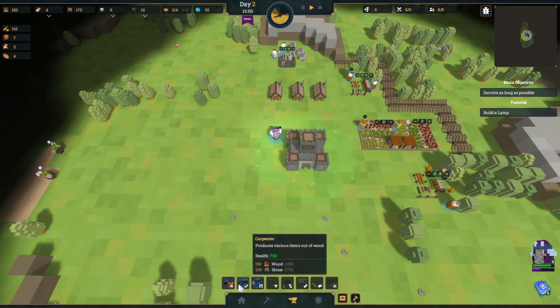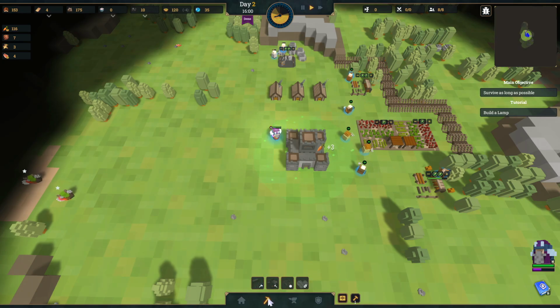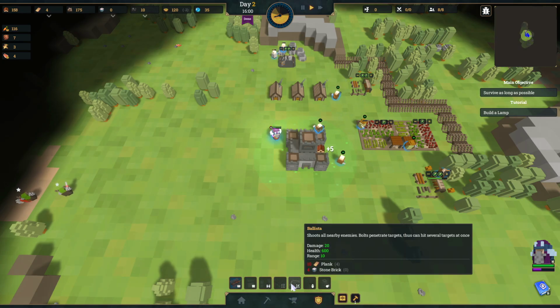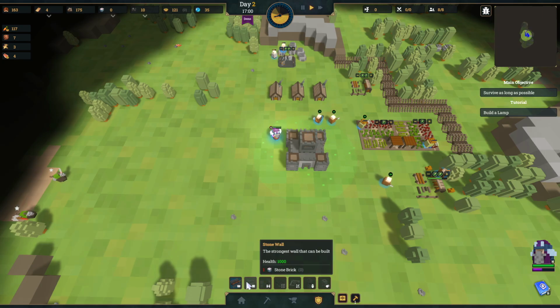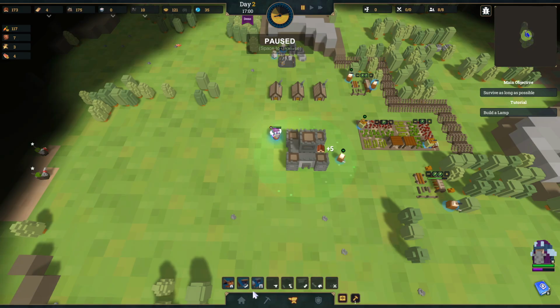It looks like we can get a charcoal burner. We can get a carpenter. It looks like we can get a stonemason. Okay. How about a barracks? Is that a thing that I can get? It looks like a barracks is going to cost us planks and bricks. So we are going to have to refine. Let's go ahead and we'll get a